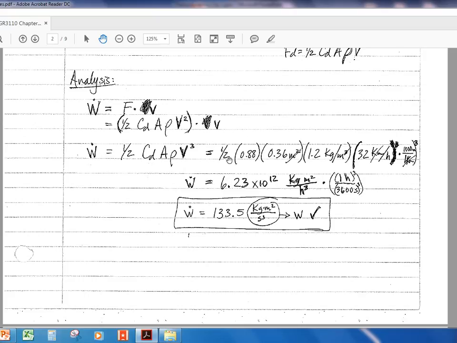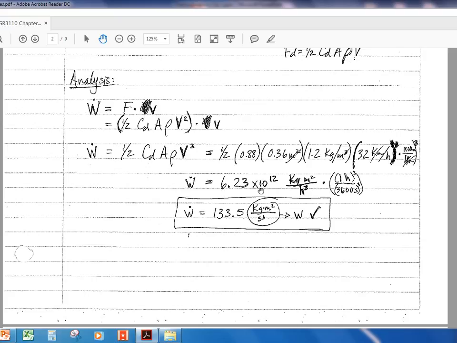If we plug in our values, we end up with 1/2 times 0.88 times the area is 0.36 meters squared, and then we have 1.2 kilograms per meter cubed as the density. The velocity is 32 kilometers per hour, which we're going to have to convert into meters. So a quick note here is that all of this is contained within the cube, right? So we're going to say 32 kilometers per hour. 1 kilometer is equal to 1,000 meters. All of this value will be cubed, so essentially 32,000 meters per hour will be cubed, and we end up